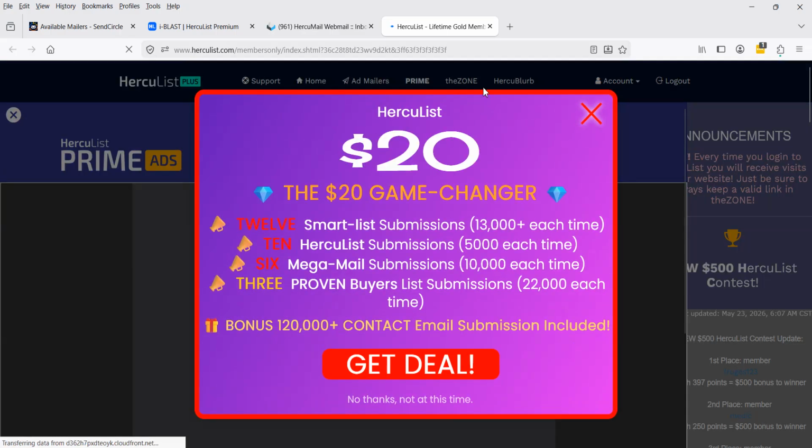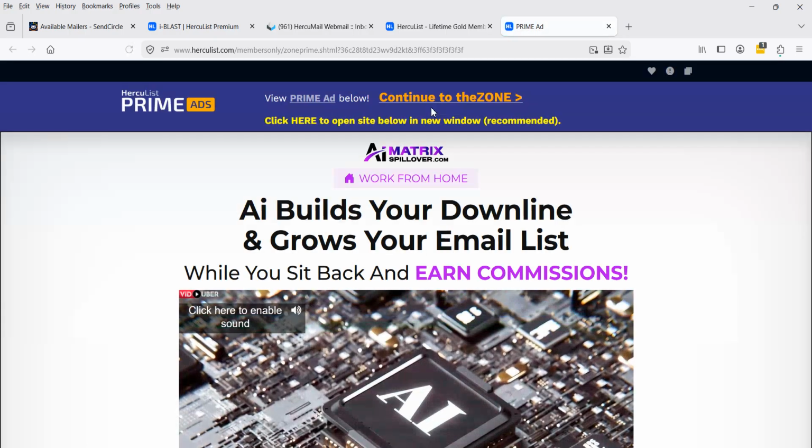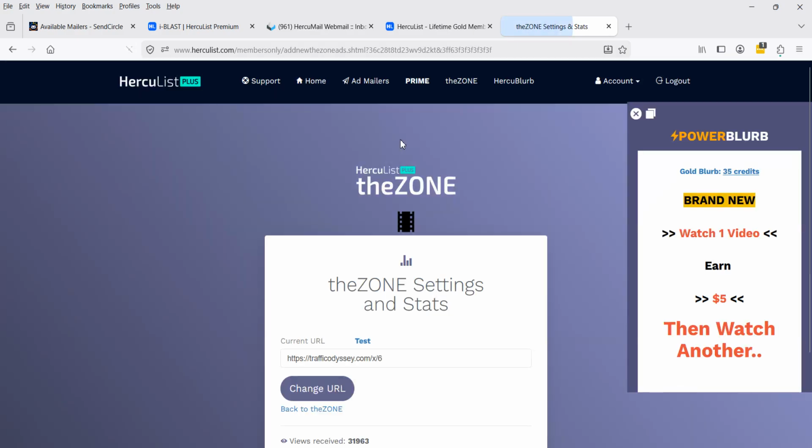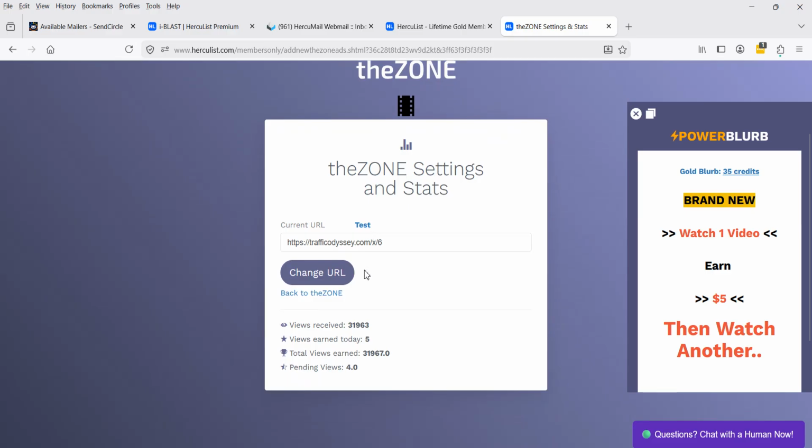I'll go to the zone. We should have 5 or 6 credits. Continue to the zone. Now go to settings and stats once you get to the zone. See where it says views earned today 5, but we didn't earn them, right? All I did was just log in. I didn't do anything but log in. That's all I did. So I got some credits just logging in. So you could just log in, but it's easier to just earn a few credits throughout the day,